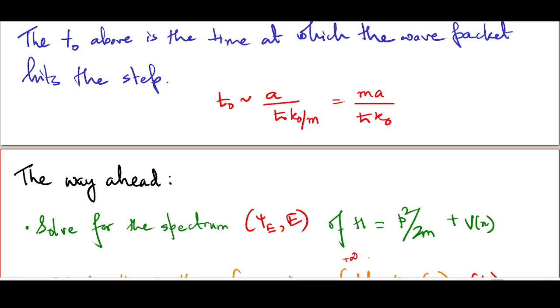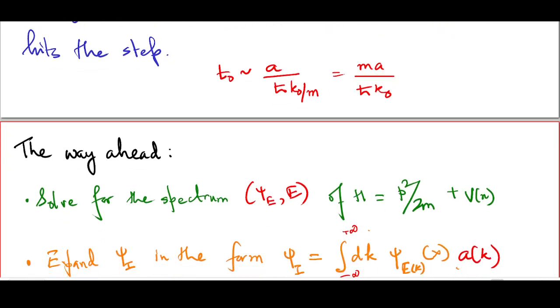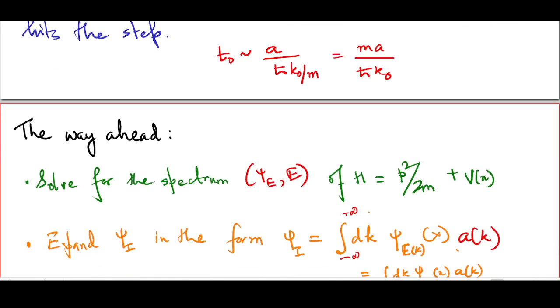This is what we have to do in general to solve for time evolution for quantum systems, at least for quantum systems where the potential energy is independent of time, simply because the time independent Schrodinger equation, which gives us these eigenvalues and eigenfunctions, is the stepping stone towards a full-fledged time-dependent solution. Once we have the spectrum, we need to expand the initial wave function psi I in terms